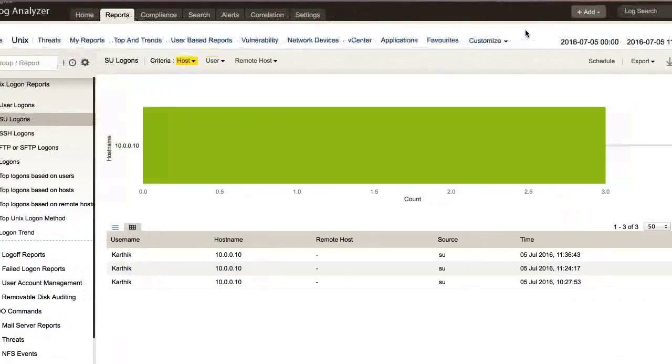I would like to repeat the steps for configuring the syslog service for those who had missed the part. First, you need to log in as a root user in the device in which you need to configure the syslog service. Once you are logged in as a root user, navigate to the etc directory wherein the syslog.conf or rsyslog.conf file is located. After navigating, open the syslog or rsyslog.conf file using the VI editor, and at the